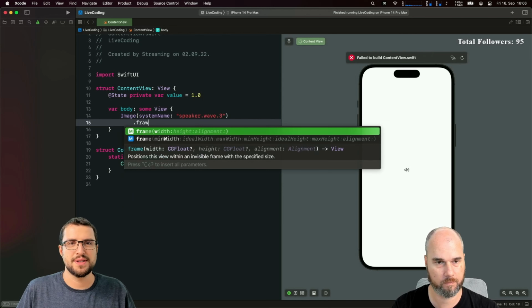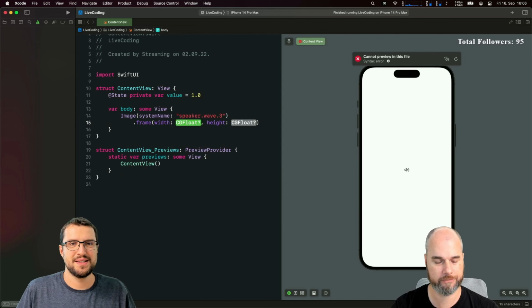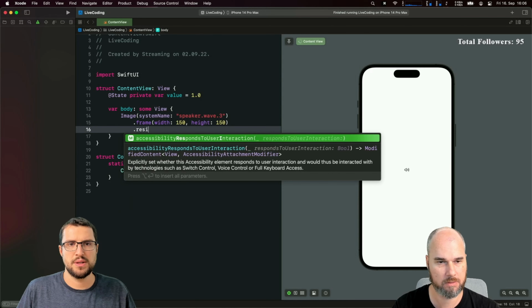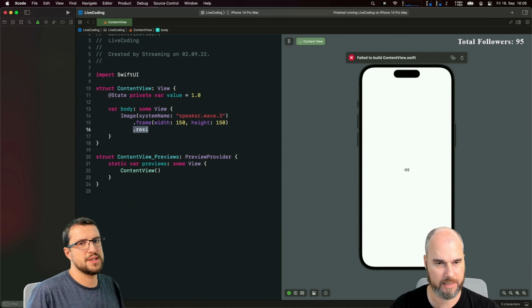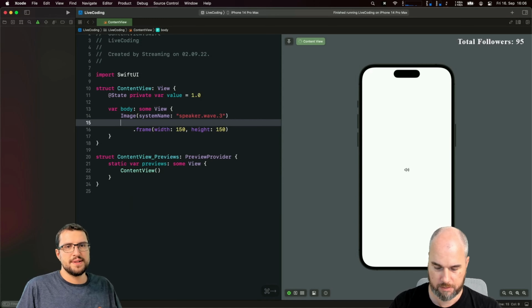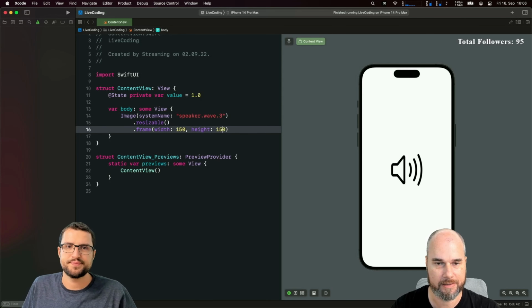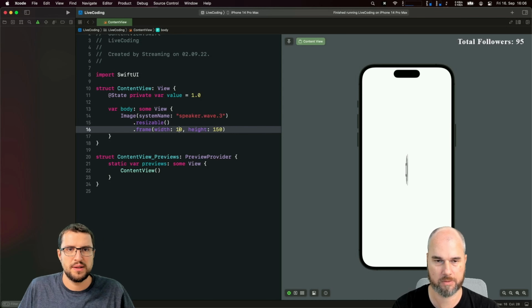Because it also supports it. So width, let's say 100, or 150 and 150. And of course, because it's the image, resizable. I'm always not sure if you need resizable first. Yeah, first. Resizable. No, it's not exactly right. It has to be a rectangle, so I need more width so that it looks a little bit better. Or let's just say only the height. Then the width should